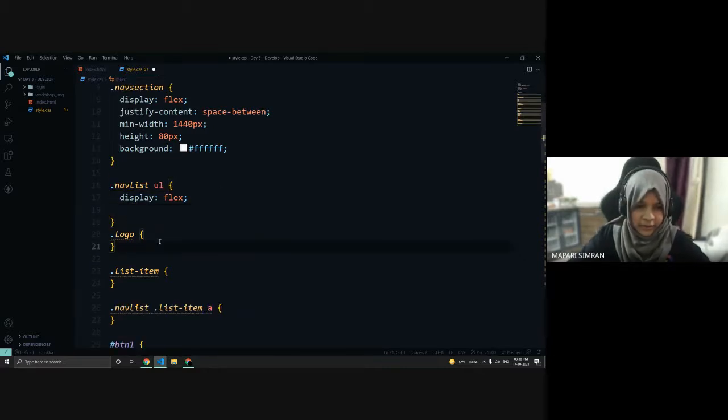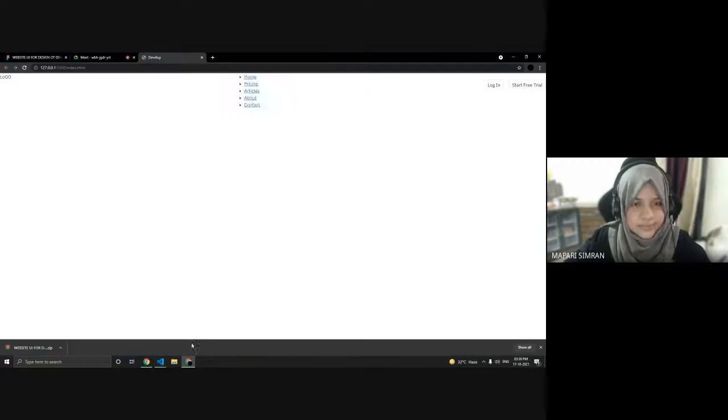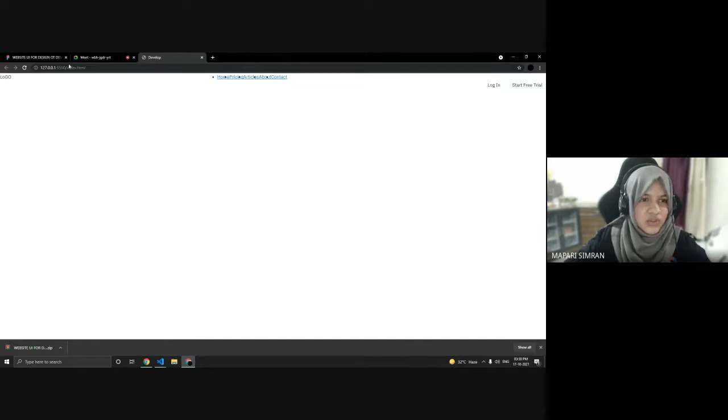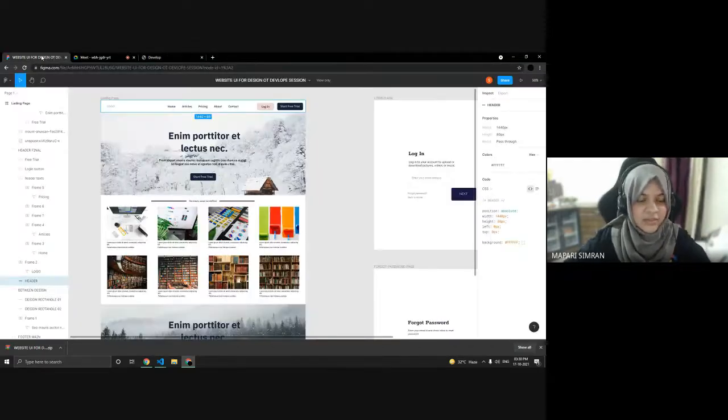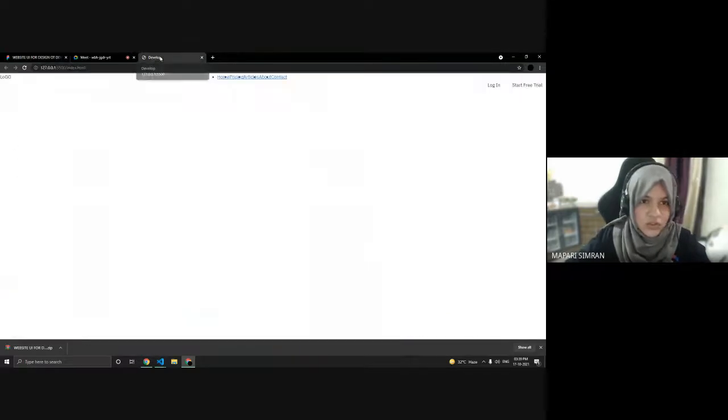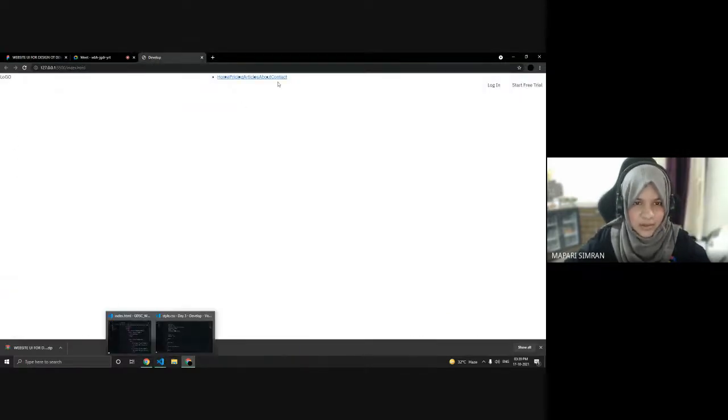For that, and now let's check. So now they are in one line, but they are just combined together. So we'll give that justify content and we'll add padding and margin so that they become similar to this Figma design. Okay. So far only this much of the nav part is done.